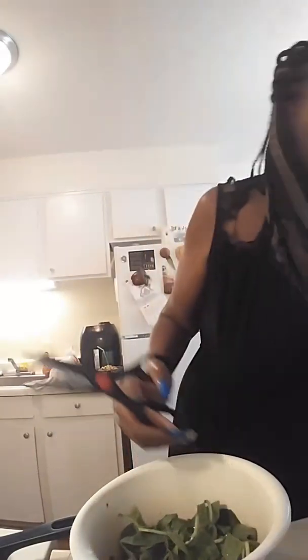Now, something that you want to do when you're cutting up vegetables and fruit too, always wash it whole first, and then cut it. Especially with fruits, I don't know why a lot of people do this, they'll cut up the fruit and then they wash it. Don't do that. You're washing off the natural sweetness on it, so then it makes the fruit